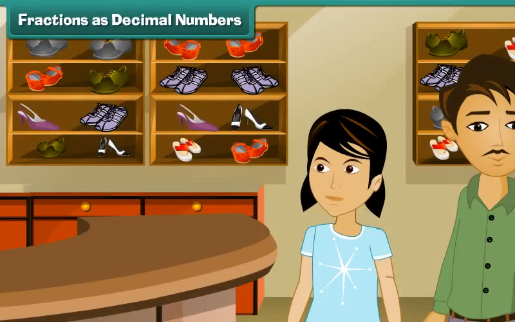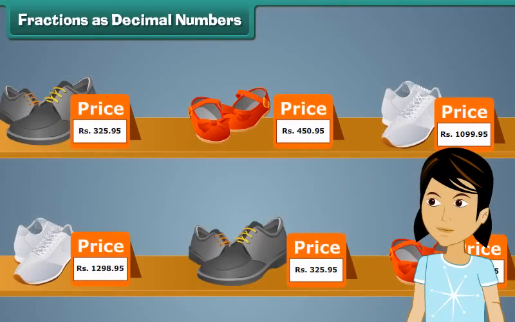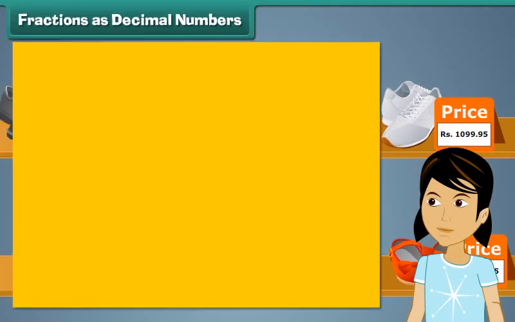Arpita went with her father to buy her school shoes. Prices of footwear in the store were expressed as decimal numbers. She wondered what the decimals in the prices meant. 100 paise make 1 rupee. In other words, 1 paisa is 1/100th of a rupee. It can also be written as